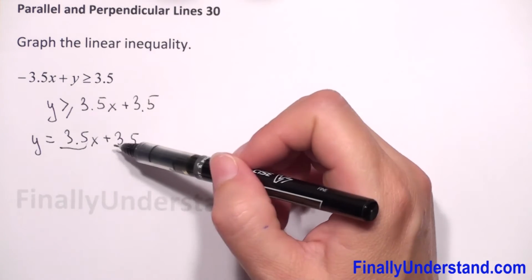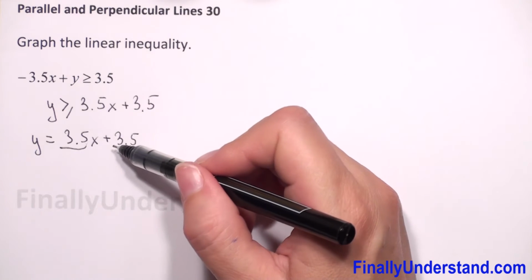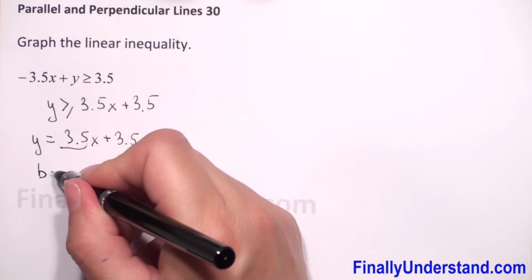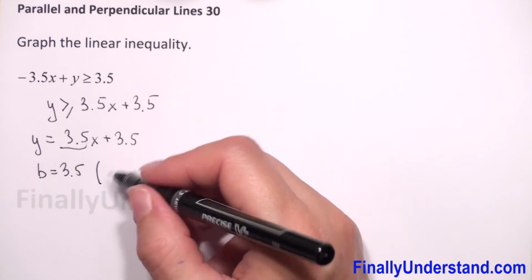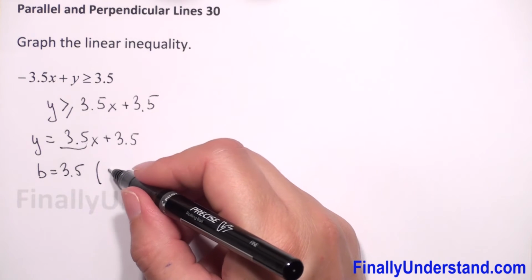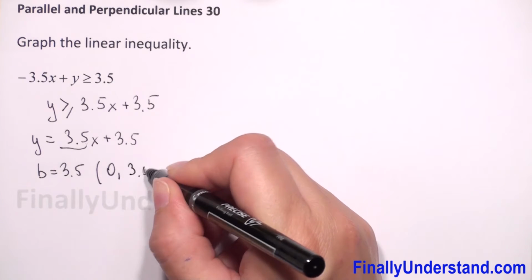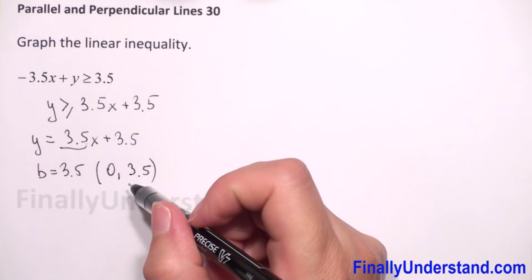We know that the graph of this function is a straight line, and the coefficient without x, this is our b, is 3.5. So the y-intercept is 0, 3.5. And we have the y-intercept. Now we have to find